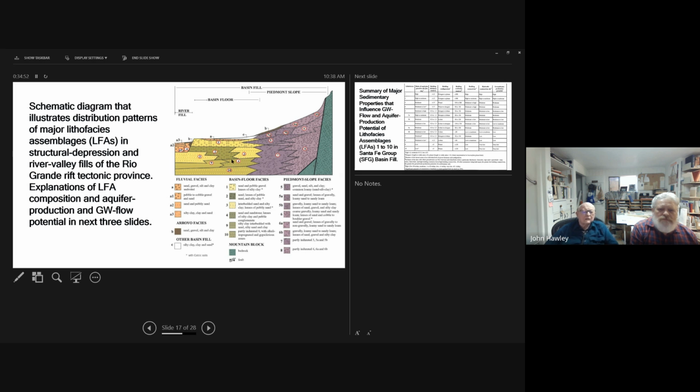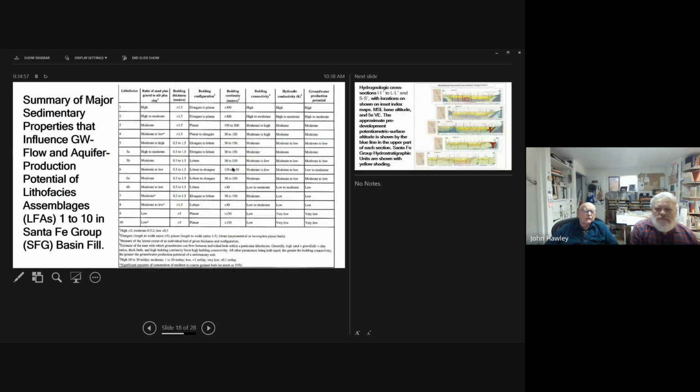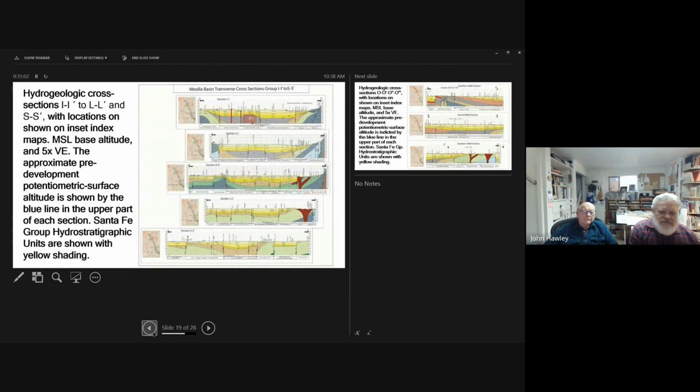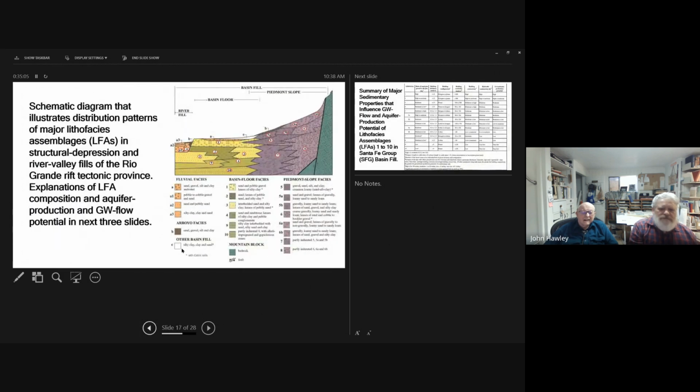And when you get to the more greenish colors, you are in the clays and silts, and that kind of fine-grained material that is deposited at the distal part of these fluvial systems. The purple systems are the piedmont, the material that's shed off the mountain ranges.